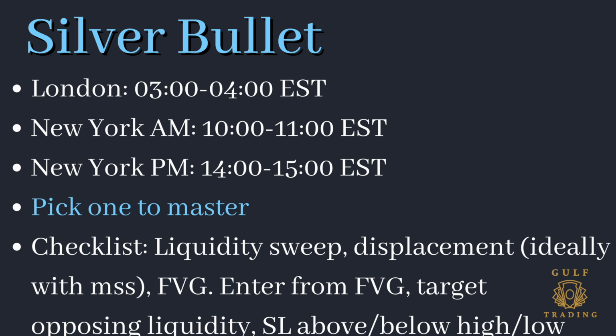So then for your stop loss, you should put it above or below the liquidity sweep or the recent high or low. You can also put it above or below the FVG, but that can be a bit risky. So I'd stick with just a recent high or low for now, especially when you're starting out.